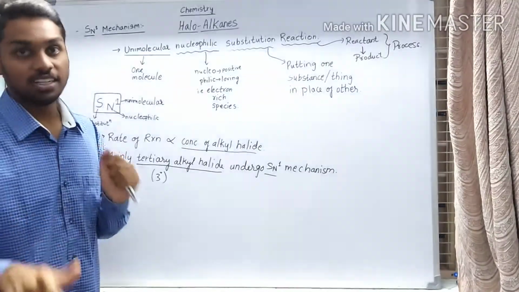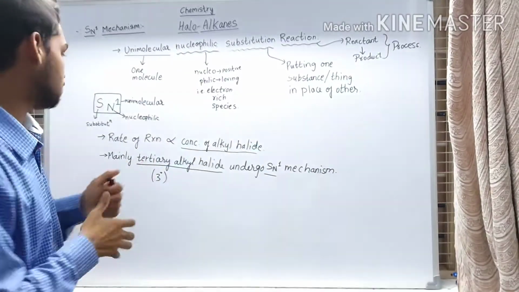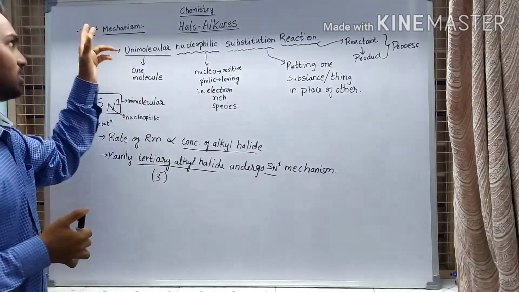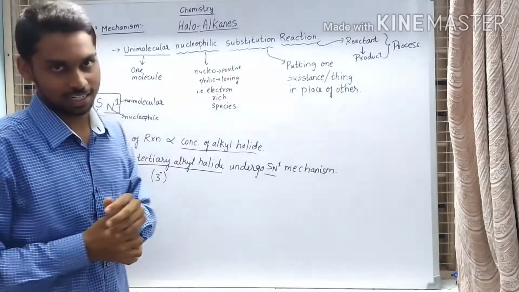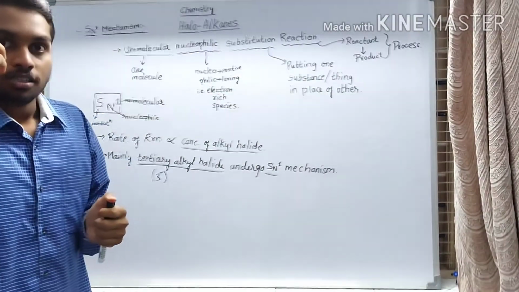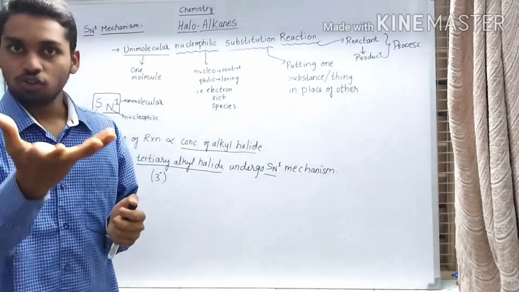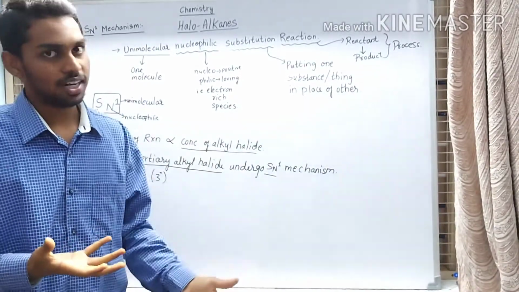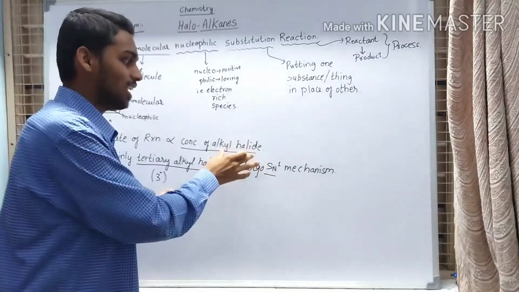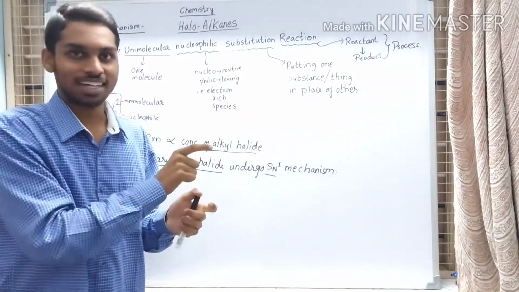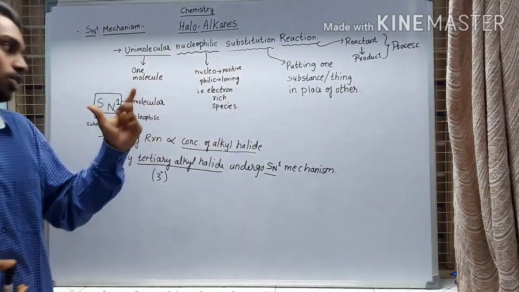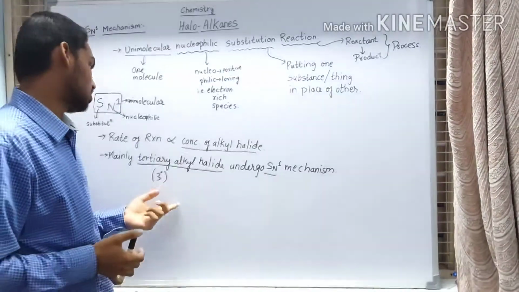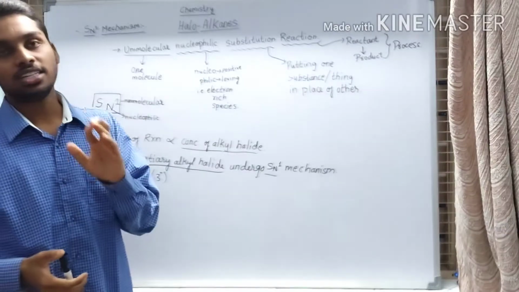The main thing that we need to notice here is that the rate of the SN1 reaction is directly proportional to the concentration of alkyl halide. We know that the rate of reaction depends upon the concentration of the reactants. Hence, here the alkyl halide is taken as the reactant of this SN1 reaction. So this rate of reaction only depends on the concentration of this alkyl halide,